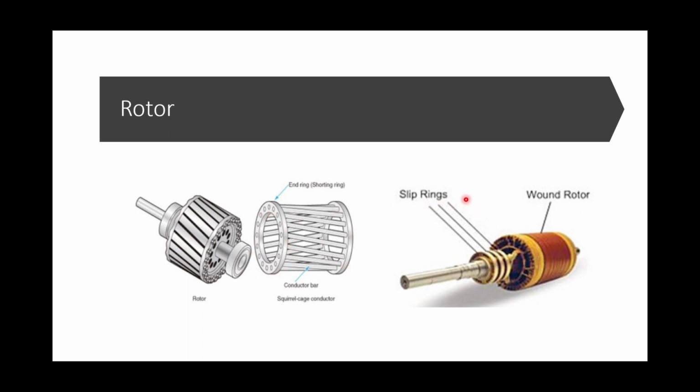The reason for giving this access is that you can add some resistance externally and introduce it in the rotor. So you can increase or decrease the rotor resistance. This will help you to have different starting torques. When you add or decrease the rotor resistance of the machine, you can see the difference in the starting torque. That's why there is a difference between the slip ring induction motor and the squirrel cage induction motor.